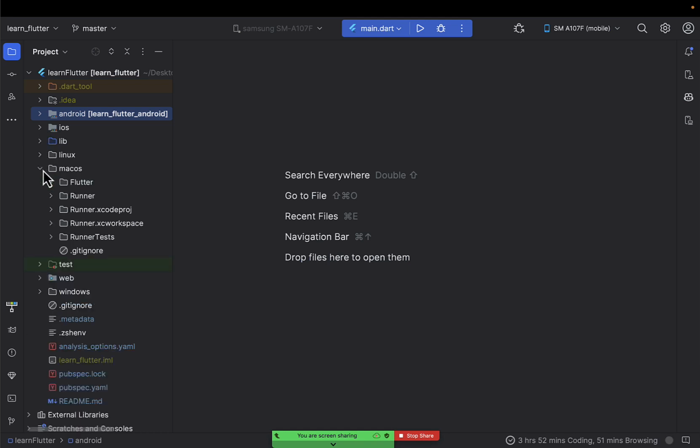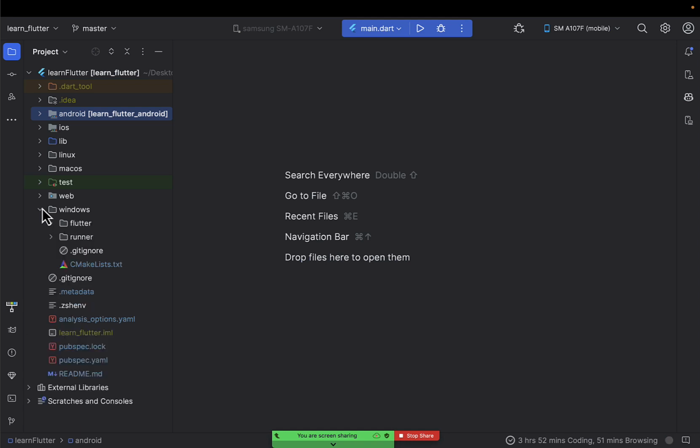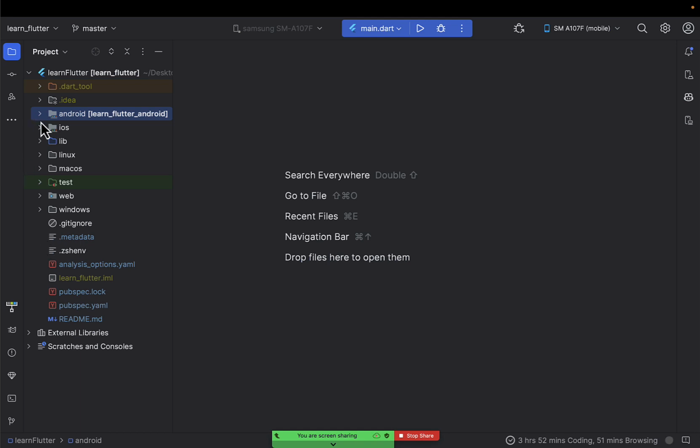Then this one is for Mac, this one is for web, and this one is for Windows. So Flutter can be one application and work on all the platforms. That's what makes it also powerful. So after making sure that all those folders are set, the next thing you're going to do is now